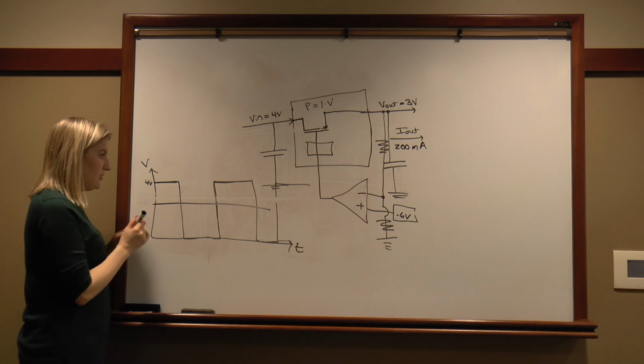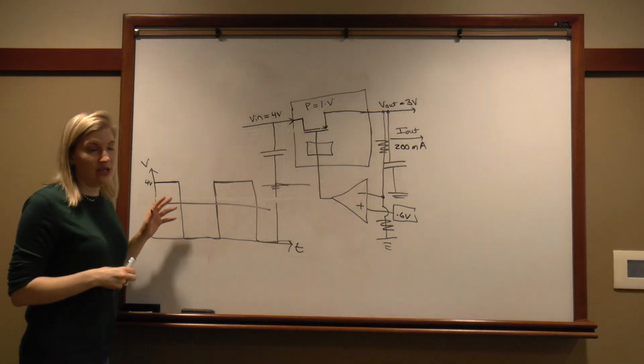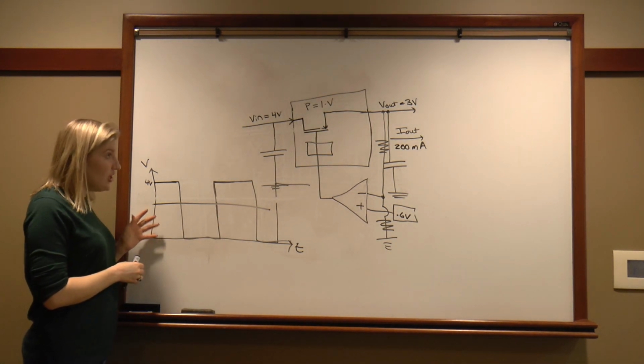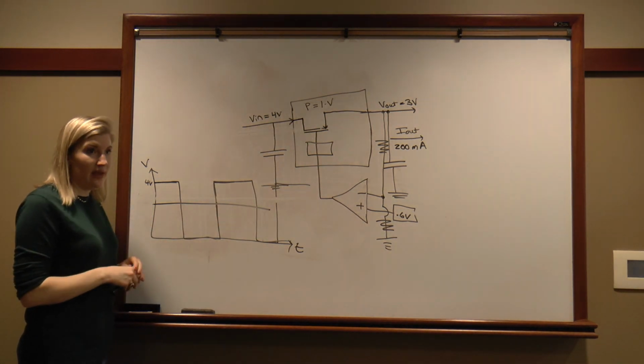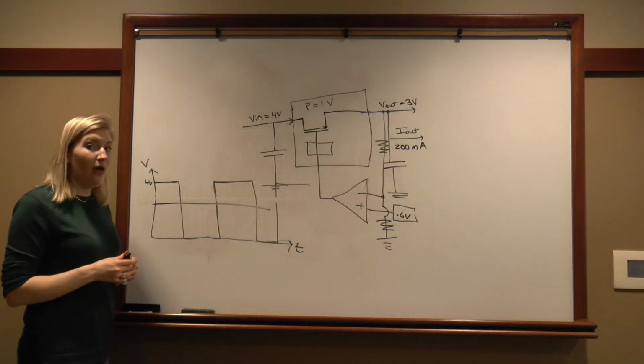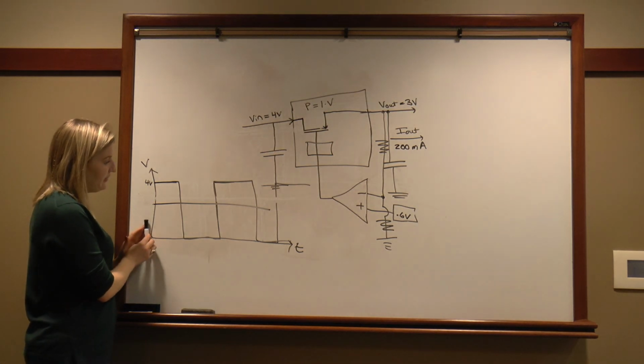And so what we can do is change the percentage of time that we're taking in the input voltage to adjust our average value, which will turn into our output voltage. And we call this pulse width modulation. So if we're on for